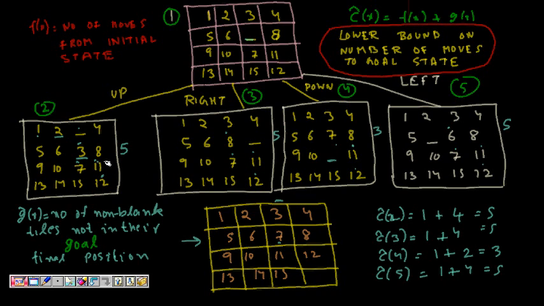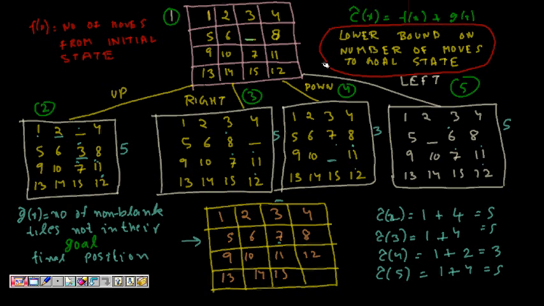So at least this many moves I need to make. Okay, 3 needs to be placed somewhere else, and then 7 also needs to move somewhere else, and so on. So at least 4 moves I will need, and I have already made one move. So our estimate of the lower bound of moves is c(x) with upper cap, which is equal to f(x) plus g(x), where